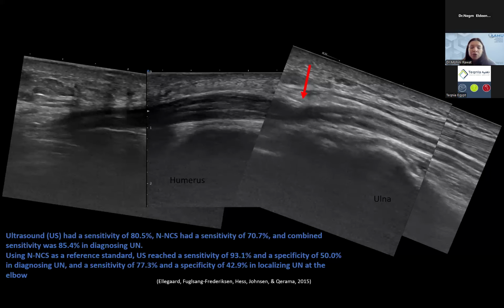Now, if you use nerve conduction study as a reference standard, ultrasound can reach a sensitivity of 93% and specificity of 50% in diagnosis. And the sensitivity can reach 77.3% and specificity 42.2% in localizing ulnar neuropathy at the elbow. So the message here is that when you combine the two, you increase the sensitivity and specificity, but at the same time,